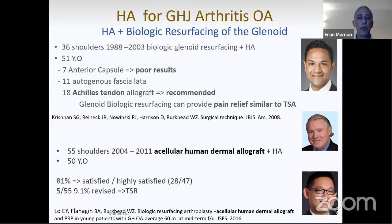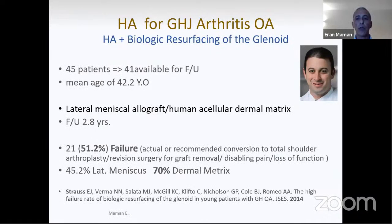Nearly the same group from 2004 to 2011. This time they used acellular human dermal allograft with hemiarthroplasty, and the satisfaction rate was 81% for highly satisfied and satisfied, which is wonderful. However, other groups that tried to do similar studies, like this group that published in